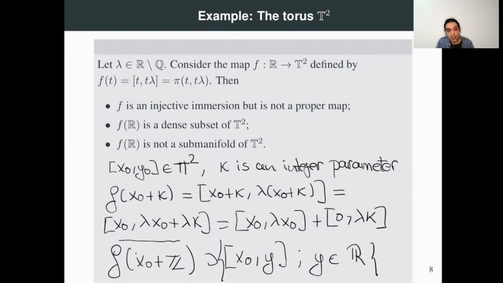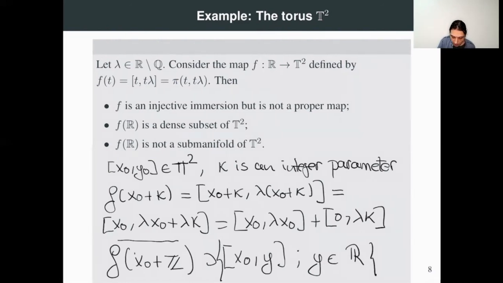What we want is that in the neighborhood of every point of our manifold, we should have a diffeomorphism that sends that neighborhood to an open subset of R2 such that the image of our candidate submanifold is a line. That's not going to happen